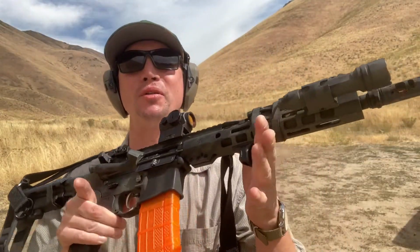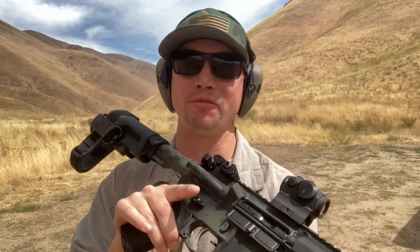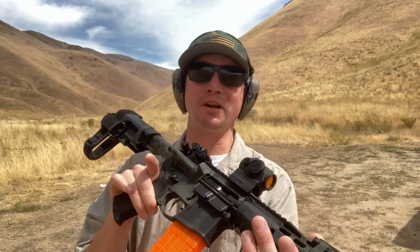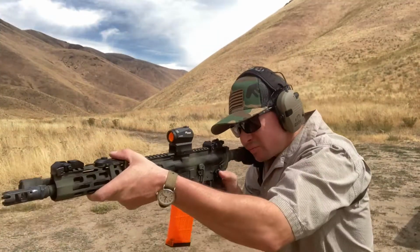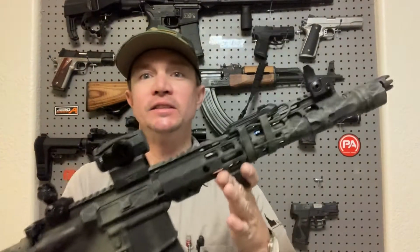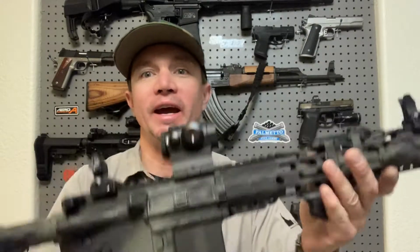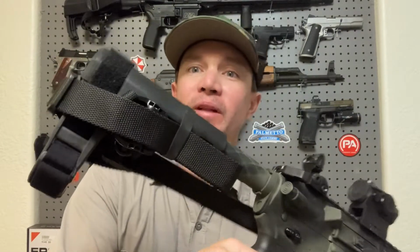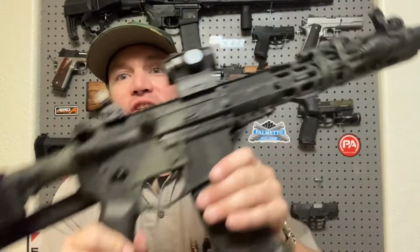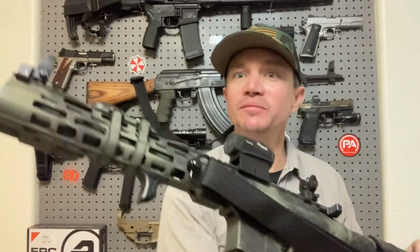It's amazing what you can do with a little spray paint and some tape. I kind of like the way it turned out. It is by no means a professional Cerakote job, but I think it looks pretty cool, and it's just not another black gun anymore. So we got the whole thing put back together. Obviously, I'm gonna probably have to re-zero my optic, my iron sights again, but that's okay. I'm kind of stoked. We've got something that looks a little bit different now. The brace, the optic, all the accessories are still black, including the grip, but it's a little bit camouflage, and